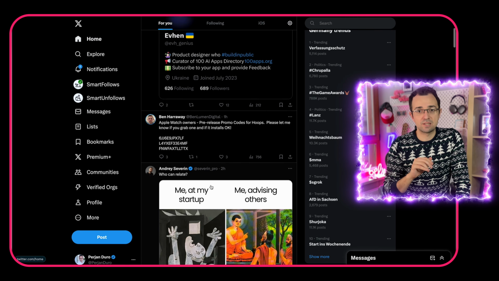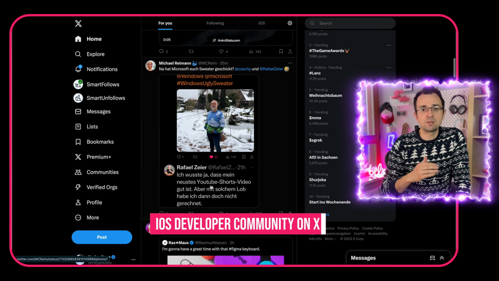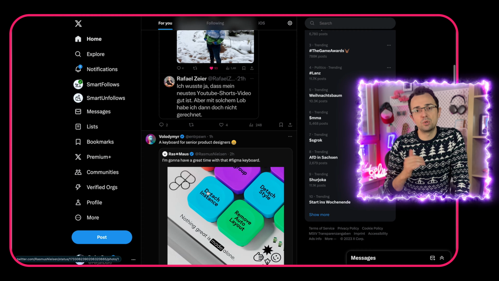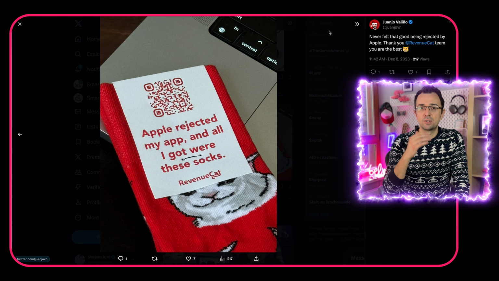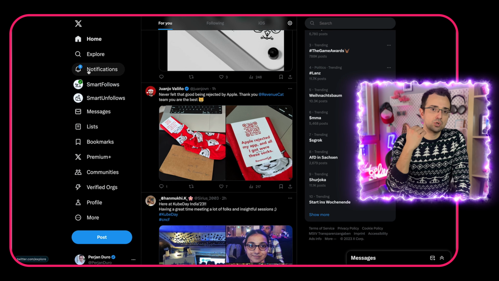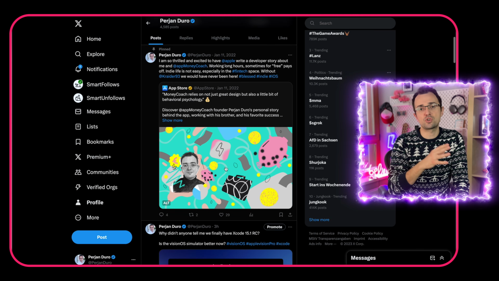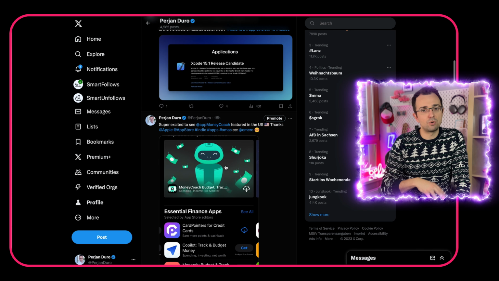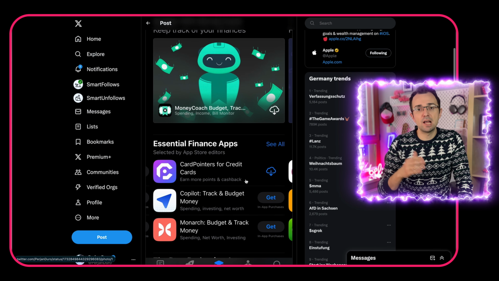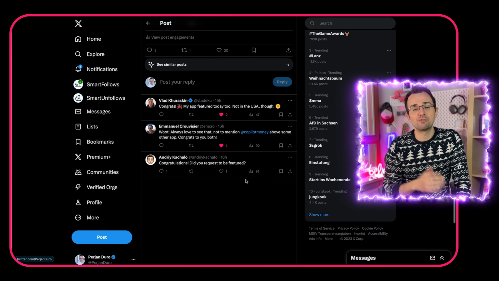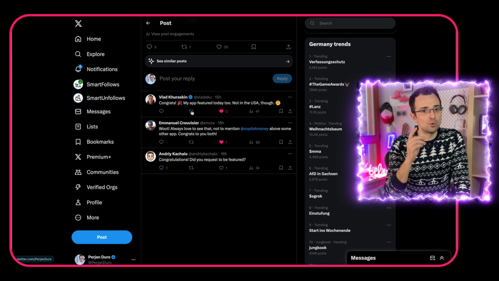And the best for last, the iOS developer community on Mastodon or on X is a super helpful community where people share tips, tricks, and help each other. Even if you have questions or if you don't understand something, just please post your question over there or just write directly to some iOS developers. They are extremely helpful and can save you probably hours of development time and a lot of headaches. It surely did for me.